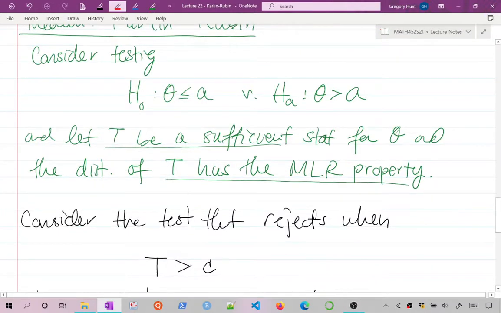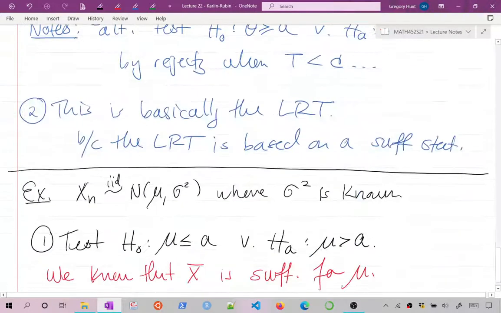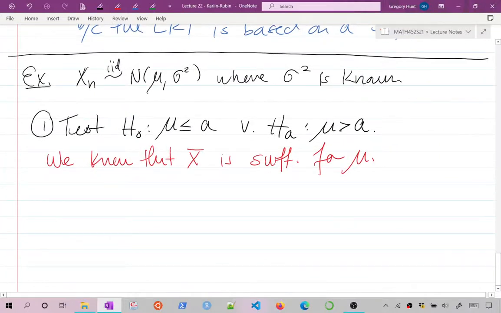So we need it to be sufficient. Sufficient, does T or x bar in this case have the MLR property? I'm going to make a claim here, and we'll write the little theorem out and prove this in a second. We know x bar is sufficient. I'm going to say x bar has the MLR property